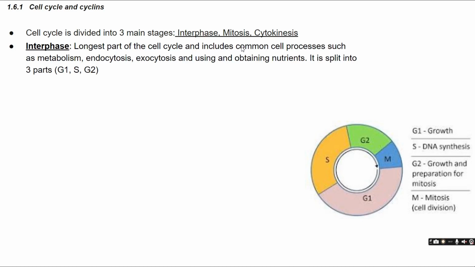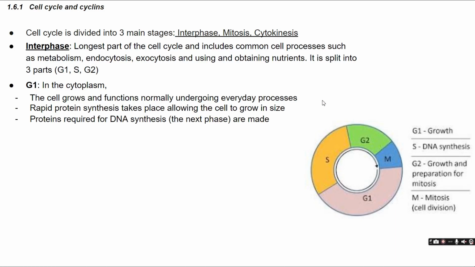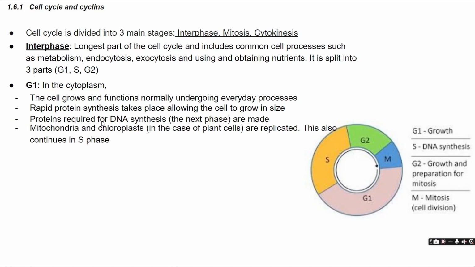It includes common cell processes such as metabolism, endocytosis, exocytosis, and using and obtaining nutrients. G1 occurs in the cytoplasm, and it's when the cell grows and functions normally, undergoing everyday processes. However, rapid protein synthesis takes place, allowing the cell to grow in size. The proteins required for DNA synthesis are made, and the mitochondria and the chloroplasts are replicated, which also continues